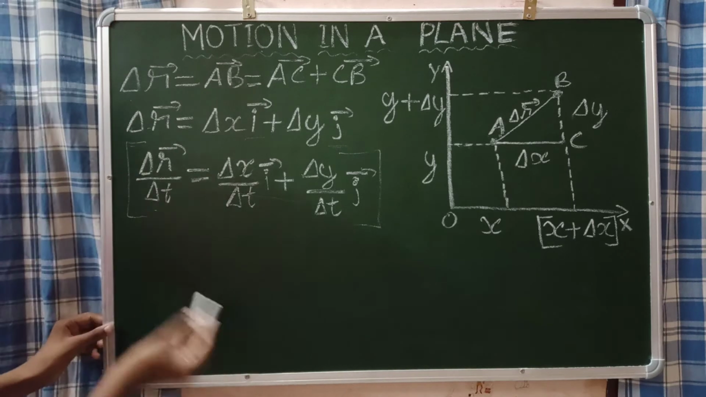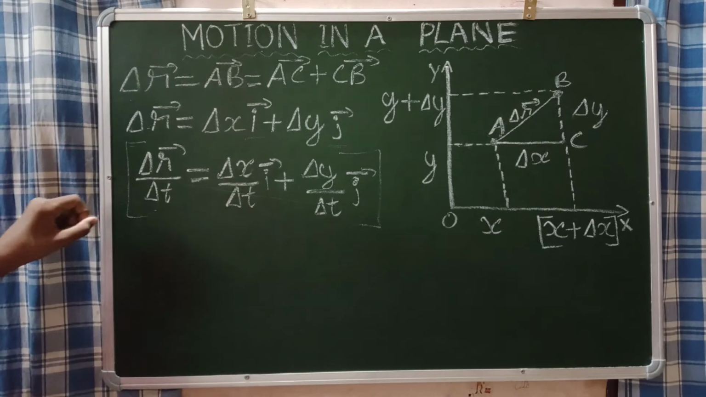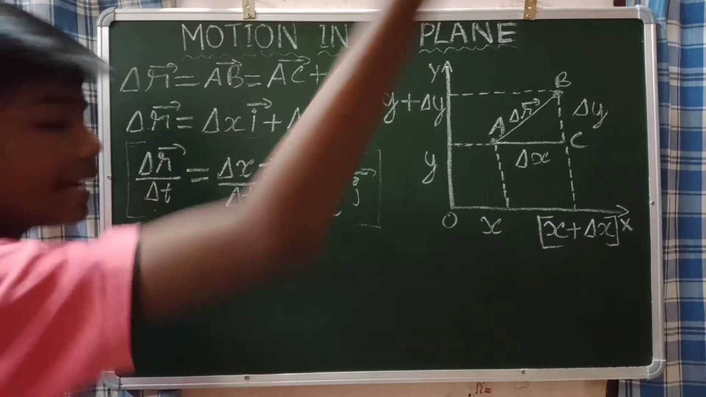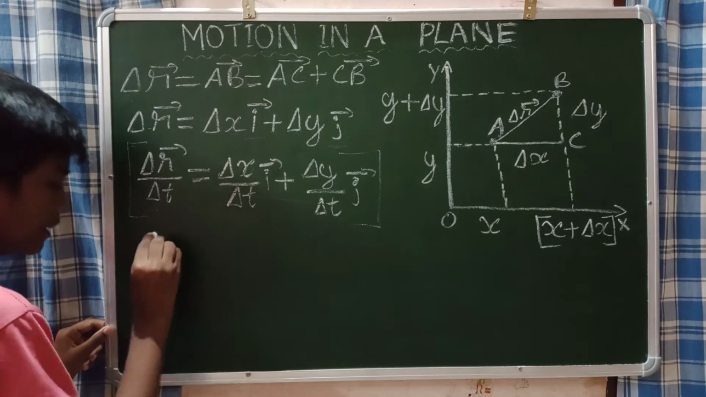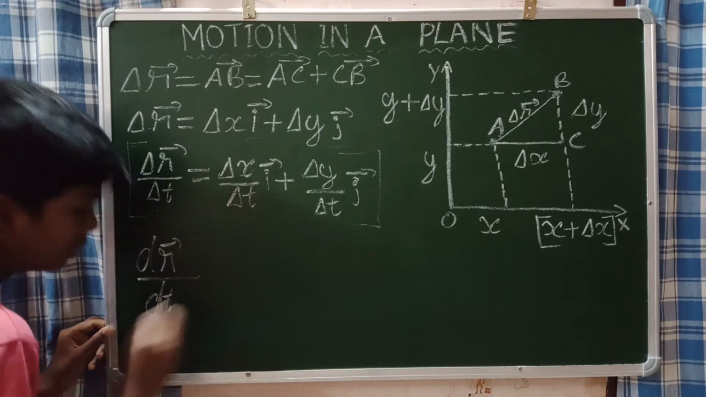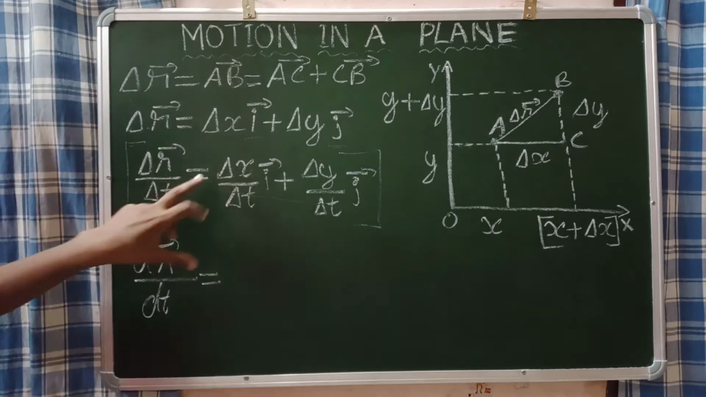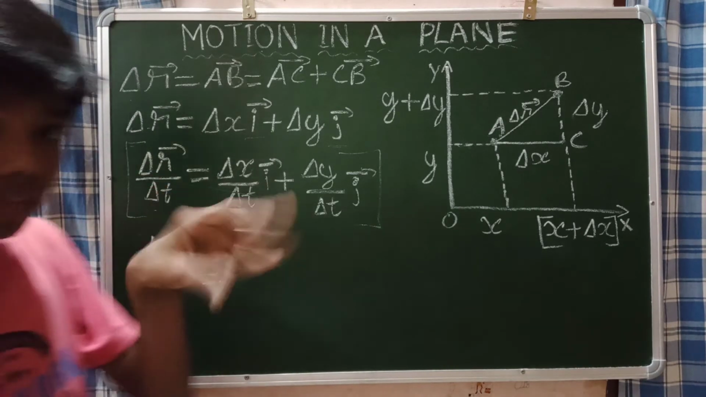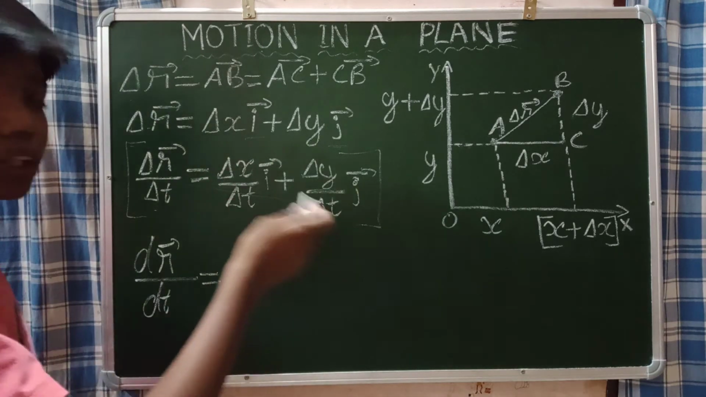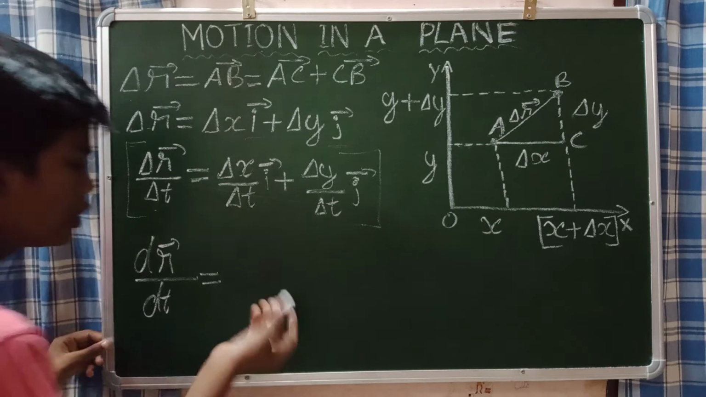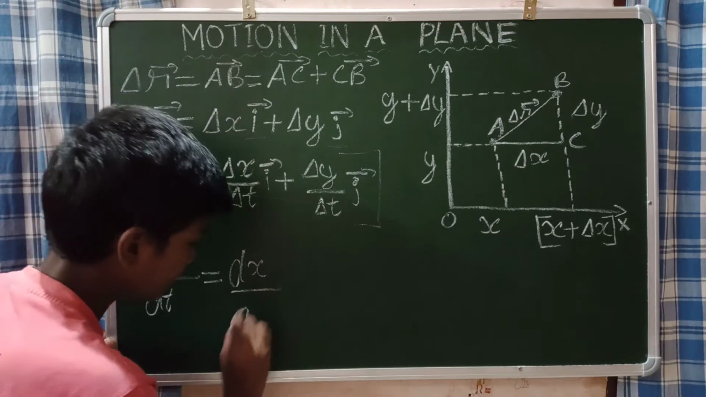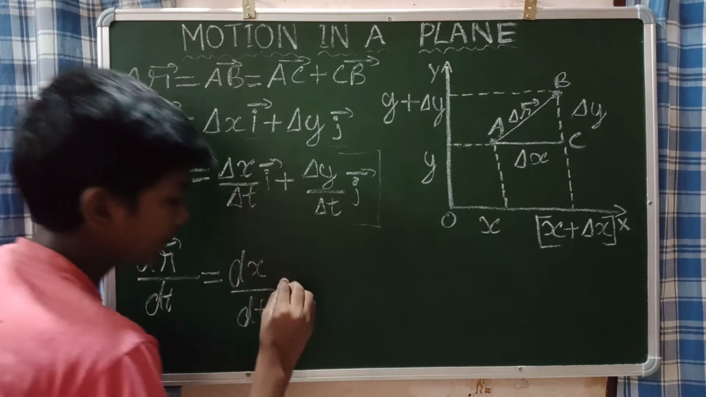Think, guys: when you use differential calculus to change this equation into instantaneous form, the equation becomes dr vector divided by dt, equal to the limit of delta t tends to 0 of delta x divided by delta t. That will be equal to dx divided by dt, i unit vector,